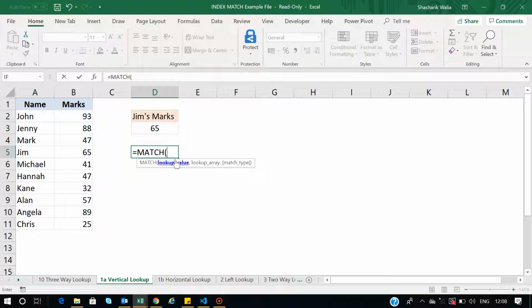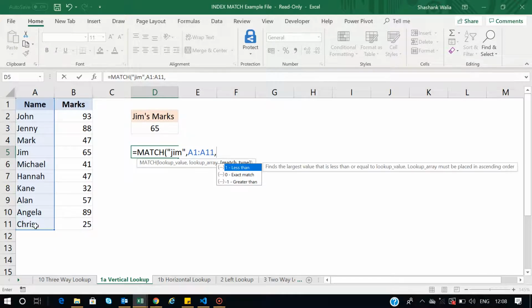So first of all, let's see what the lookup value is. You can use a variable, or you can use a hard value, or you can just type the value here. For example, if I want to find the value gym, I will type gym, and then we have the lookup array. In this we have to keep in mind that it only works in one dimension, right? It either goes horizontal or vertical. You cannot select the whole data, or you can, but it works fine when we select a single dimension. So I just want to find the name, so I will just select the names column, right?